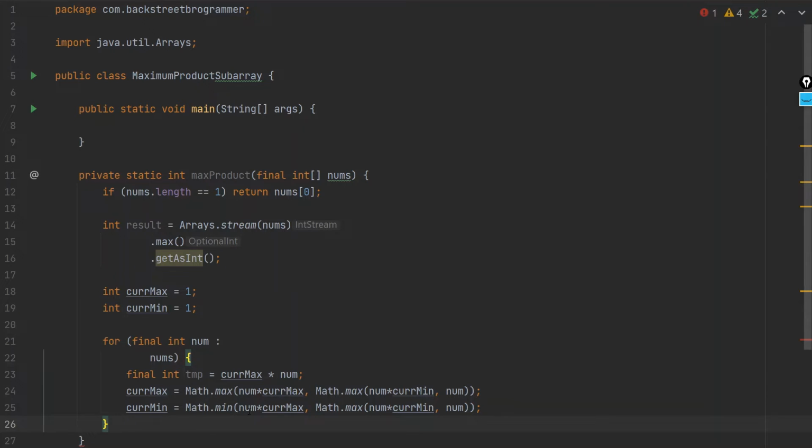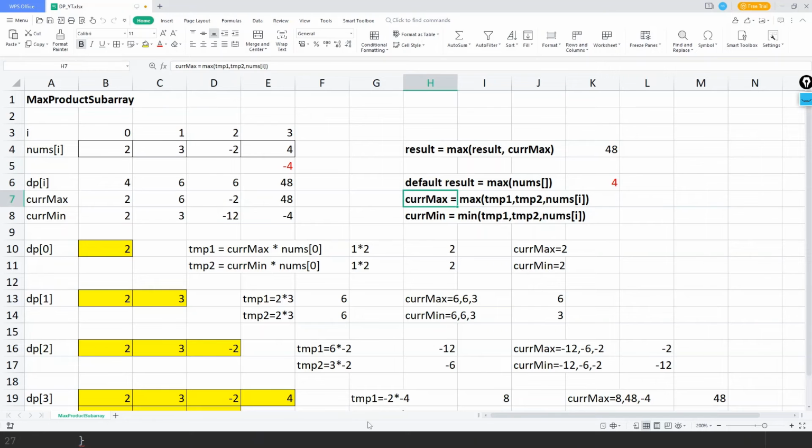So here, I mean, we can use temp because we cannot use num times currentMax, since currentMax has been updated here already. That's why we have stored it into a temp variable before. This is our original currentMax, and now in this line we manipulate this currentMax. That's why we cannot use the same formula here. That's why I'm using temp, the previous value of currentMax, and then here it can still be the same. It's the minimum of